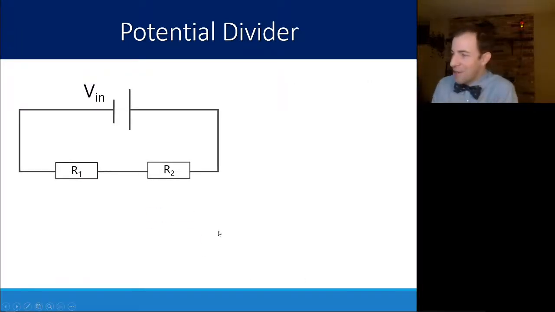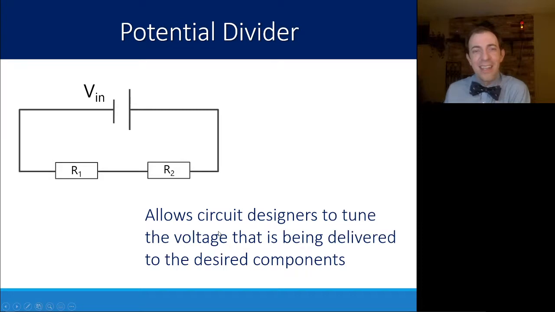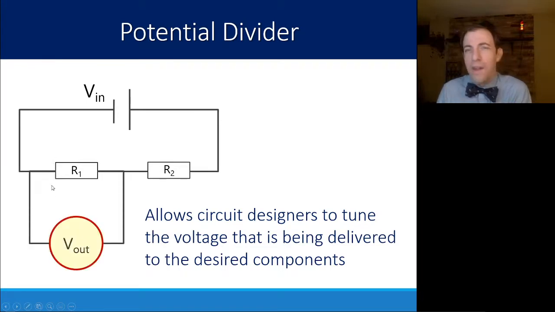So your design ultimately looks something like this. It allows a circuit designer to tune the voltage that's being delivered to the desired components. And the way we do that is we basically measure the voltage across one of our resistors. So here we're looking just at resistor 1, R1, and measuring what that output voltage would be across it. So it's essentially the same thing as taking a voltmeter and just seeing, okay, what is the voltage of